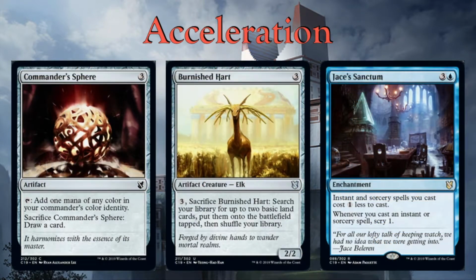My favorite acceleration cards: Commander Sphere, tap it to add mana, sack it to draw cards. Burnished Heart, 2/2 creature that you can sack to get 2 lands onto the battlefield tapped. And then Jace's Sanctum. This is a cost reducer, makes all your instants and sorceries cost 1 generic less, and every time you get a scry 1, so that also gives you a little bit more consistency in addition to